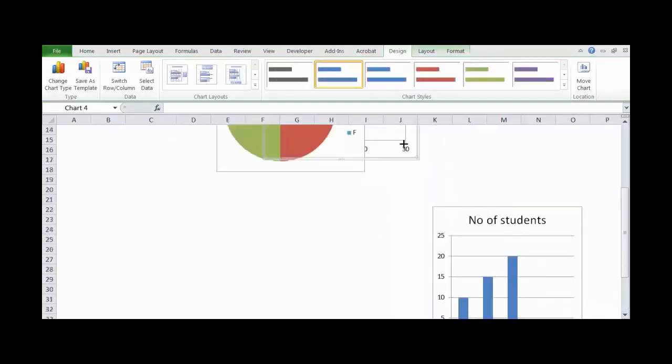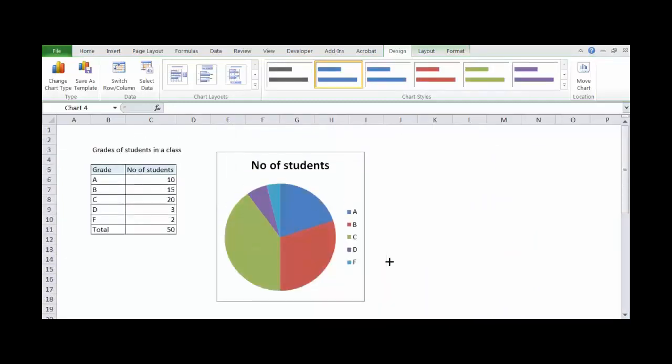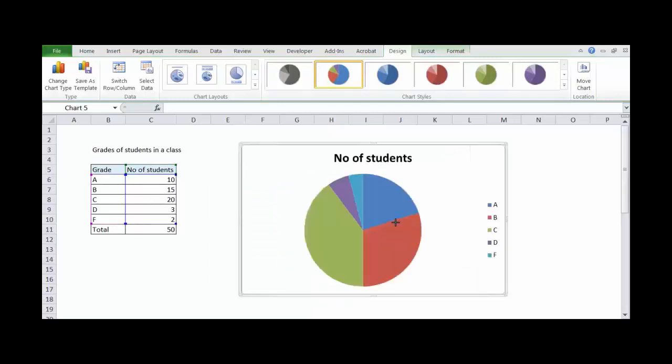First we will get into the details of this pie chart, and we will try to understand whether the pie chart is representing this a lot better or not. Okay, so this is the number of students. In the chart you will find that there are chart tools: design, layout and format, right? So you can give a design of your own. Note that here there are 7 different types of designs available to you.